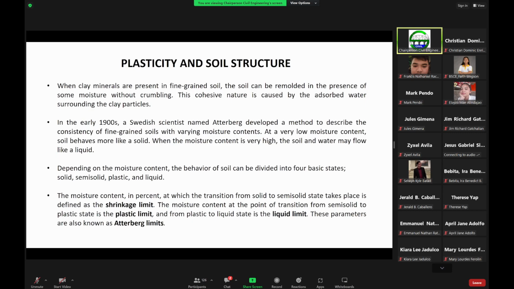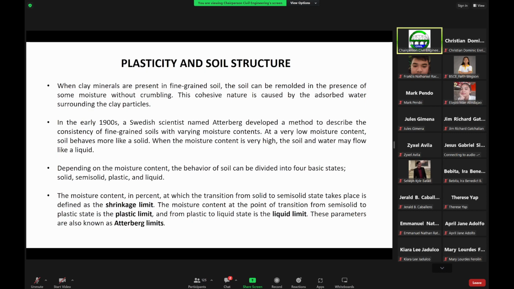We tried to mold them. So basically that's a property of a clay material. You can mold them, especially in the presence of some moisture, without crumbling. That's a basic property of a fine grained soil material,